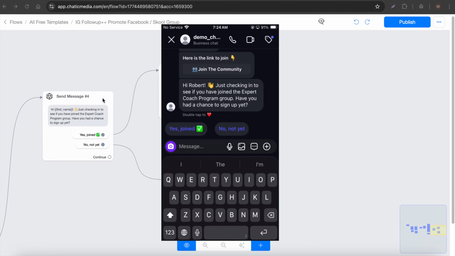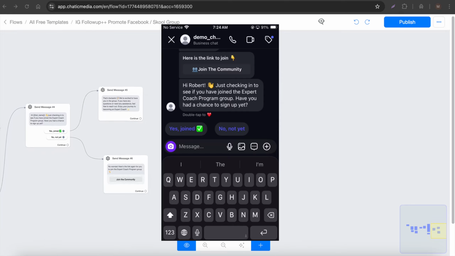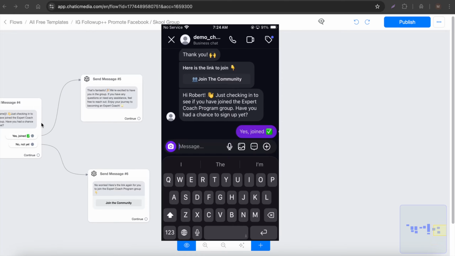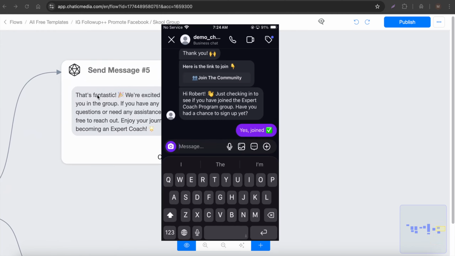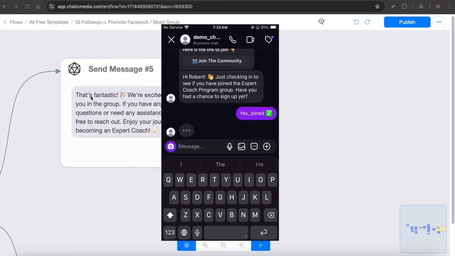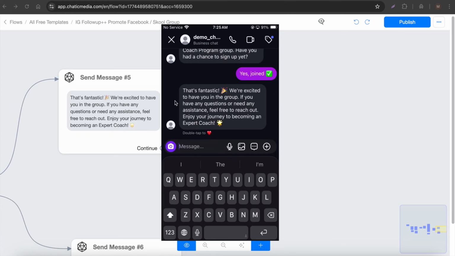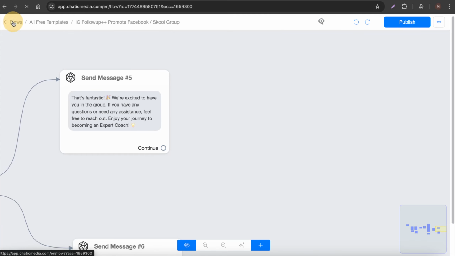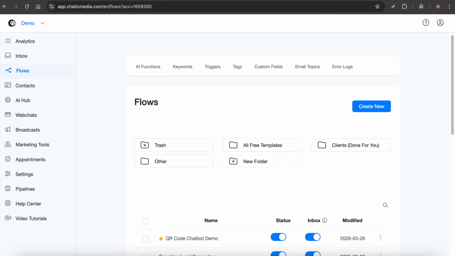All right, and for example, if I say yes, joined, it will simply send this specific message we have set up right here. So let's see what happens. That's fantastic. We are excited to have you right there. All right, so that's how the follow-up message works on Instagram, but it works similarly on WhatsApp, Facebook,